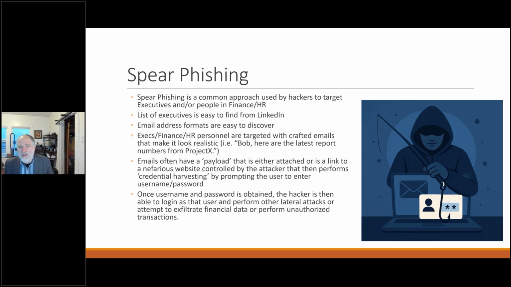And you may have noticed, by the way, AI makes it a lot easier for them to make sure they're not making any spelling mistakes on those. It used to be so easy to tell when it was a phishing email, because there'd be spelling mistakes, and okay, your bank is not going to make all these spelling mistakes. But nowadays, there are some incredibly convincing emails that come in. I've gotten to the point where I tell my clients, anything that comes in email, don't click on any of the links. If you really think that it's legitimate, just go off to that website, log in, and do what you need to do. But spear phishing goes after individuals within your organization.